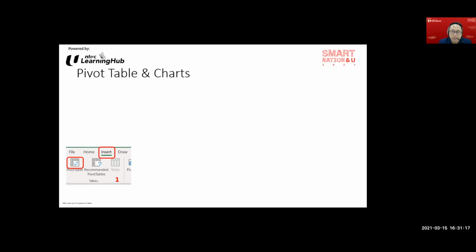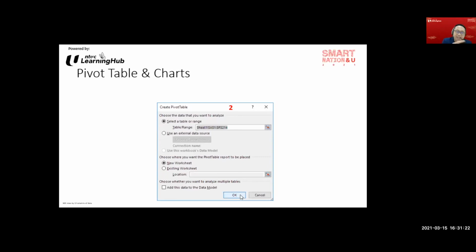So in this aspect here, once you've done that, the next step is step number 2. By default, once you click any cell, Spreadsheet is smart enough to recognize the cell that contains data, and it will select the entire cell, column, and rows. So you don't even have to click, highlight, or select all. All you need to do, just take a look. Okay, it's Sheet 1, and so on. Just click OK. That's all you need to do. This is the easiest part, ladies and gentlemen.